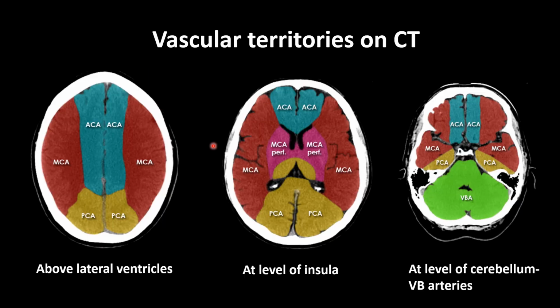These are the vascular territories on CT. It's a CT axial image at the level above the lateral ventricles, showing the medial-most parts of the frontal lobe supplied by the anterior cerebral artery, laterally by the MCA, and the occipital cortex by the posterior cerebral